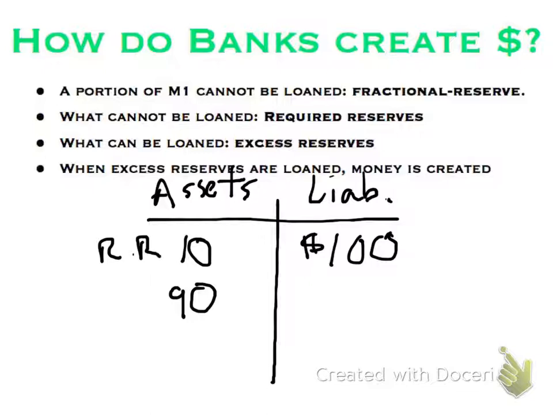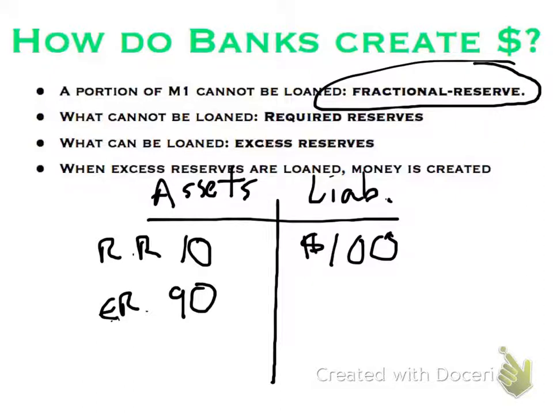$10, using the definitions above, is going to be what economists call the required reserve. And we have what's called a fractional reserve banking system. That's up here. Because there's a portion of the M1 that I deposited that they are not allowed to loan out by fiat of the Federal Reserve. And that part that they can't loan out is called their required reserve.